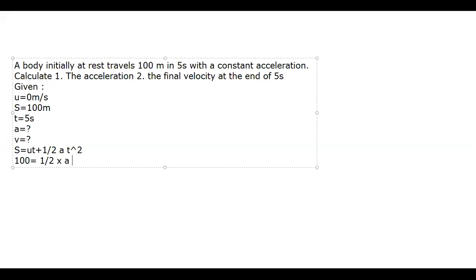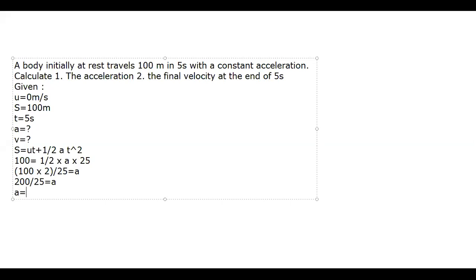into a. How much is acceleration? That's what we have to find out. And how much is t? t is 5, so 5 5s are 25. So what we will do? 100 into 2, why? Because it is divided by 2, so division will go to multiplication, and 25, which is in multiplication, will go to division. So 100 into 2 divided by 25 is equal to 8. 100 twos are 200, 200 divided by 25 is equal to 8.